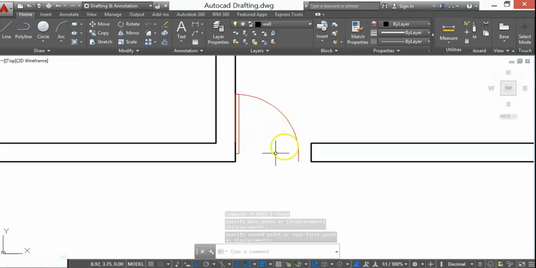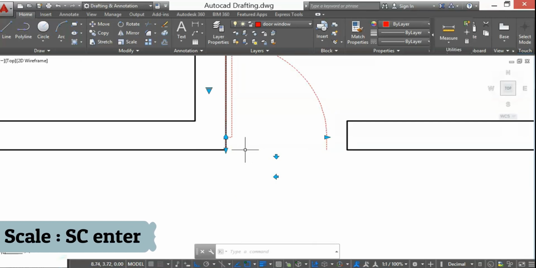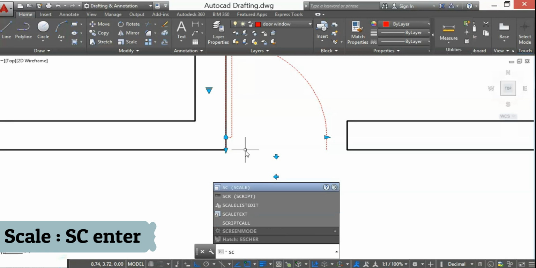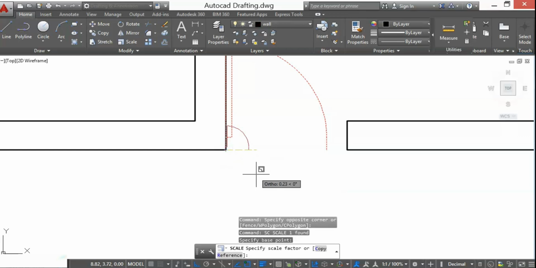Now I want to scale this door by selecting it and typing SC. It is for scale. Enter. I will click on the first point. Here on this command you will get two options, copy or reference.